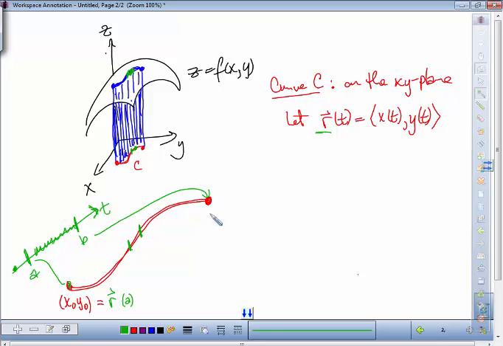And then I'll do the same by putting B in there, R of B, that B value from your t, into my parameterization, and then I'm going to get x sub